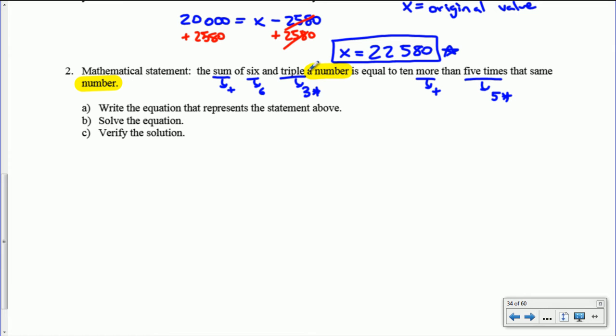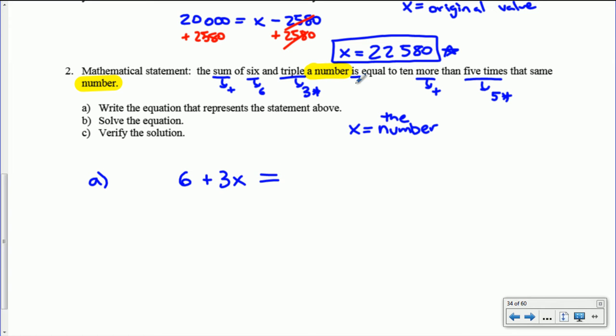So, okay, let's see here. The sum of 6 and triple a number, so 6 plus 3 times a number, so let's just say x, is equal to the number that we don't know. So 6 and triple a number, so 3x